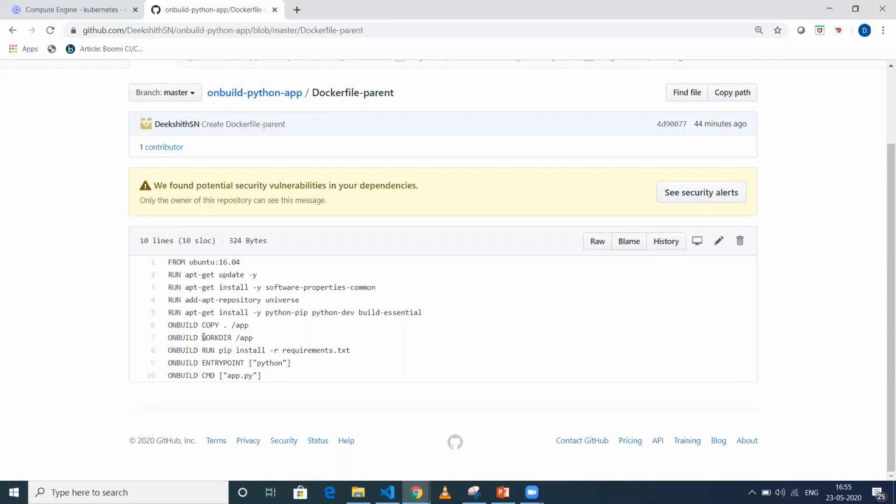Anyway, we can do this without ONBUILD also, in the parent image itself, but I've just used ONBUILD. Then I'm using RUN pip install -r requirements.txt because in my source code I have requirements.txt, so that's the reason. And then I am giving an ENTRYPOINT and CMD. Okay, so this is what my Dockerfile reads.